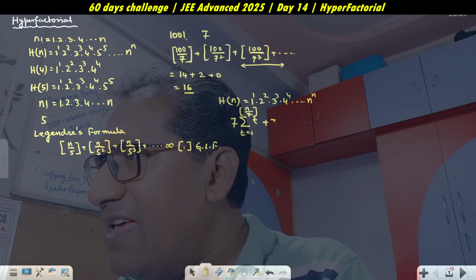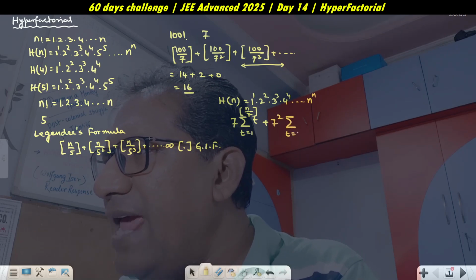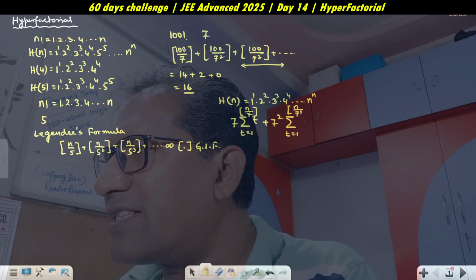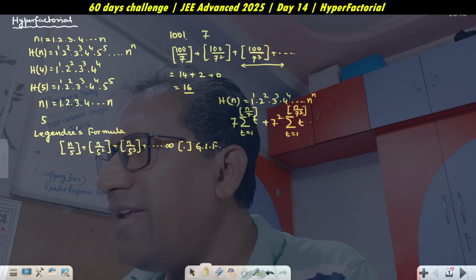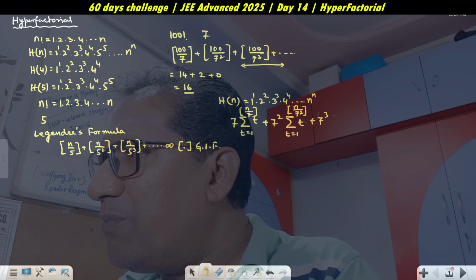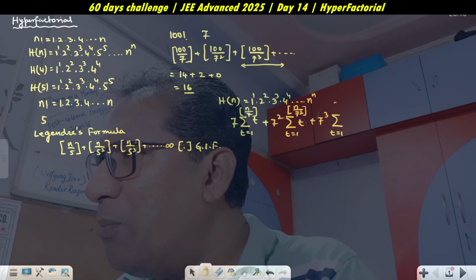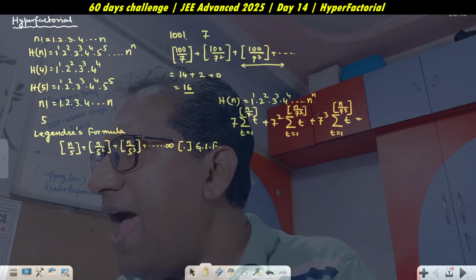Next, 7 square, sigma t is from 1 to floor of n by 7 square t. Then 7 cube, floor of, t starts from 1 to floor of n by 7 cube t, and